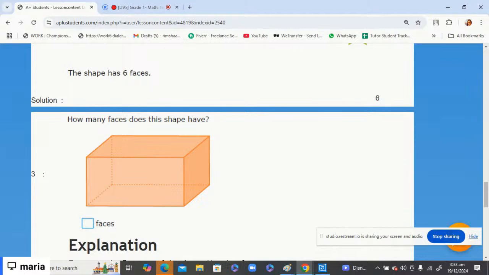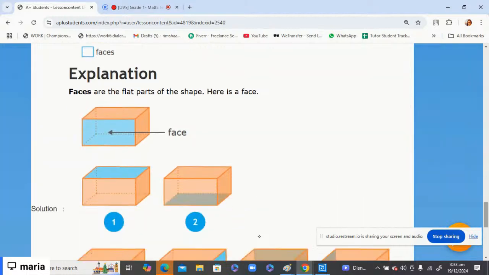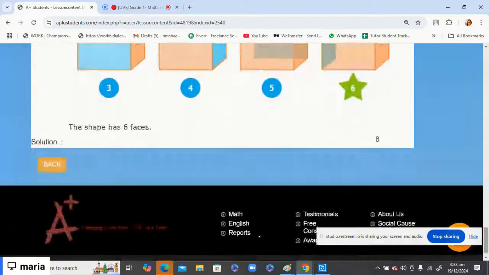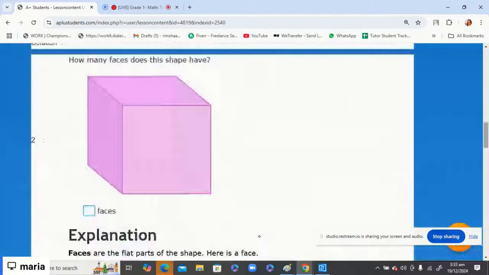Only the six things. Always you count the shape, always the top, then the bottom, left side, right side, back side, and then the front side. These are basically the six things you are going to check. How many left sides, how many right sides, how many top, how many bottom, how many front and how many back. Okay,